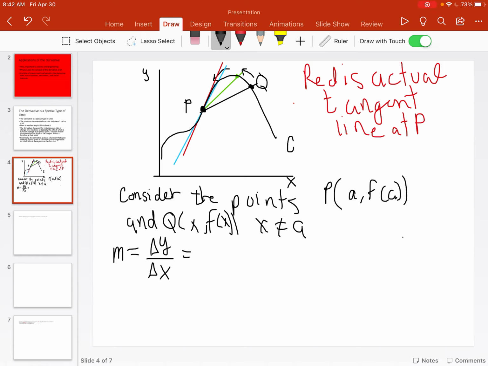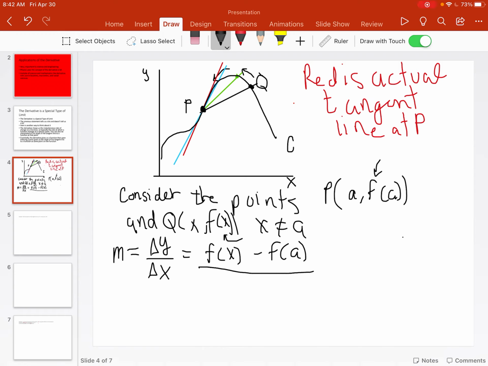In this case, since f(a) and f(x) are our y components, we can write this as f(x) minus f(a)